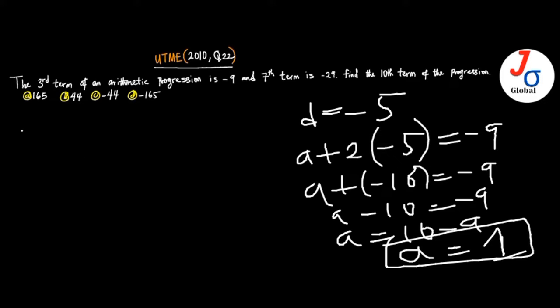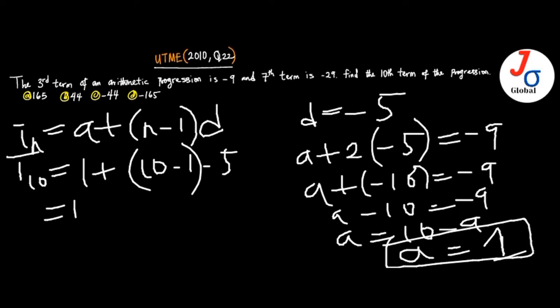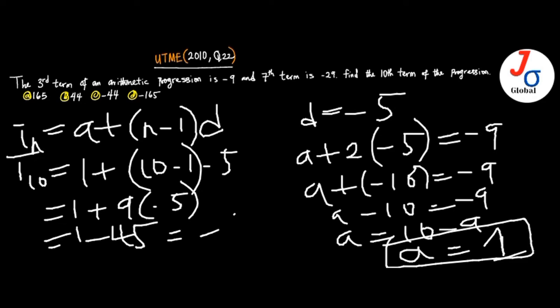And so we're asked to find the 10th term. Remember that Tn is equal to A plus n minus 1 D. And so I have T10. What's my A? My A is 1, plus, what's my n, 10 minus 1, what's my D, -5. And so I have 1 plus 9 into bracket -5. And so I have 1, that's -45, and 1 minus 45 is -44. And so that's our final answer, and that's